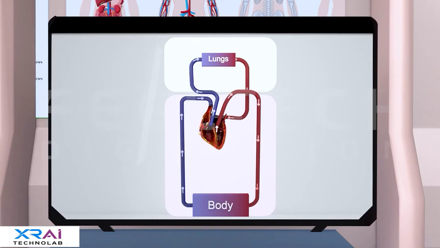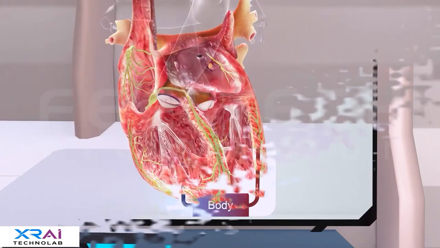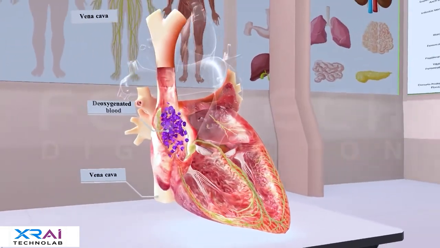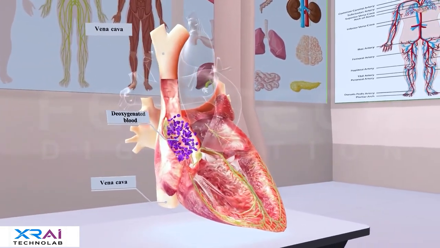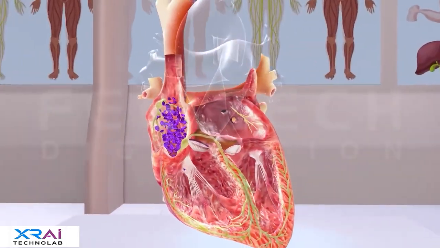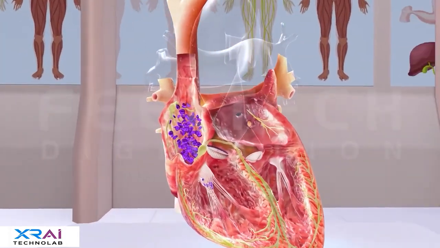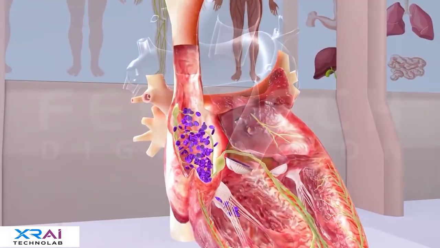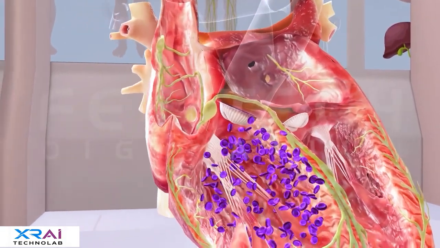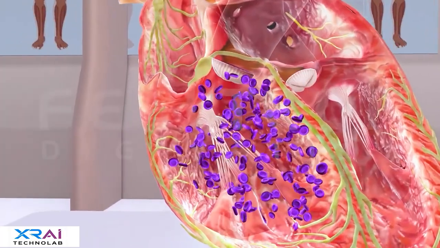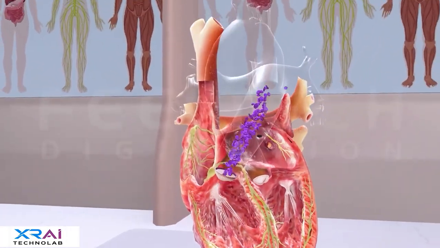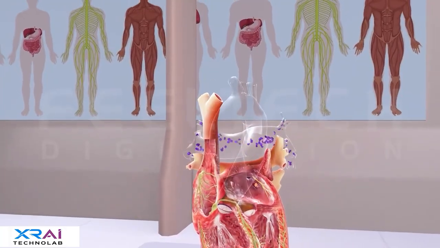Let's learn about how the heart transfers the blood throughout the body. Deoxygenated blood enters the right atrium through the vena cava. Vena cava are the major veins which bring deoxygenated blood to the heart. When the right atrium contracts, the blood goes through the tricuspid valve into the right ventricle. After that, the right ventricle contracts and the blood is pumped through the pulmonary valve into the pulmonary artery towards